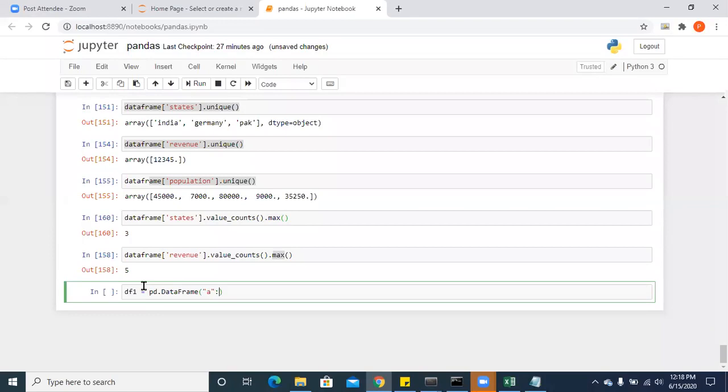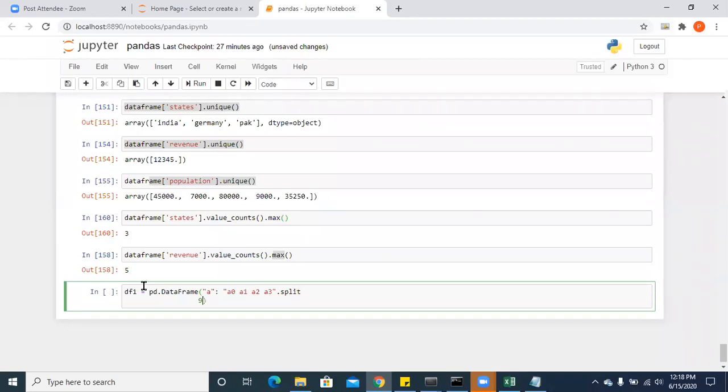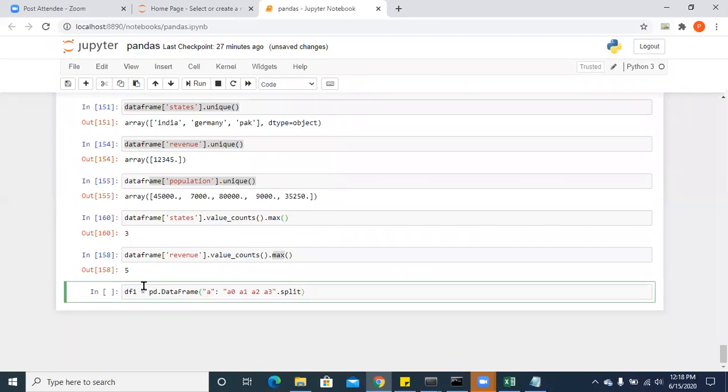A, B is equal to V0. I'm just giving an example.